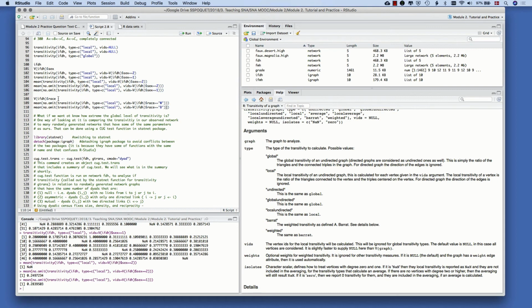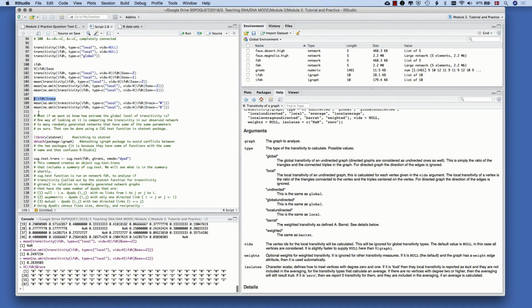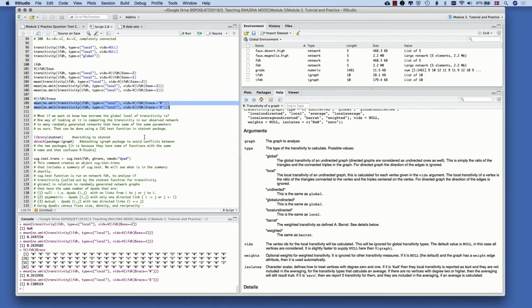We can do something similar looking at race, so how embedded or how big are the cliques based on race. So just to remind us how it was coded, because we don't remember, we have some different letters standing for a race, so clearly O is other, and we have Asian and white and black. And so here we go. We run the 2, looking at the different ones, and we can see that we have a lot more cliquish activity